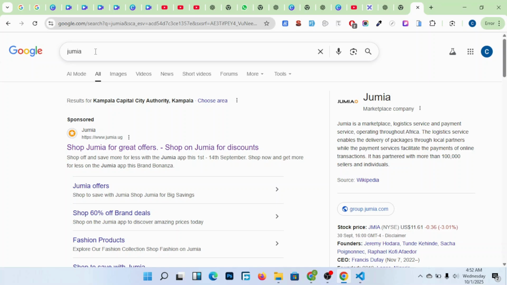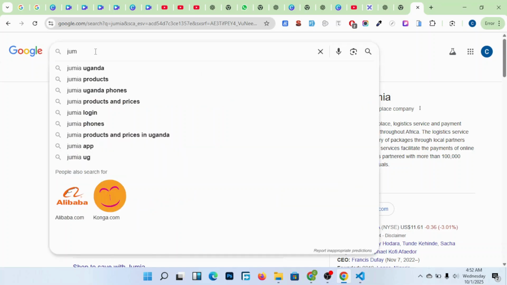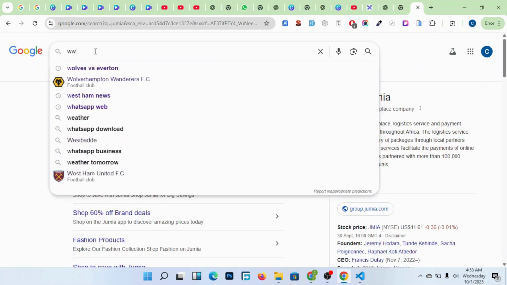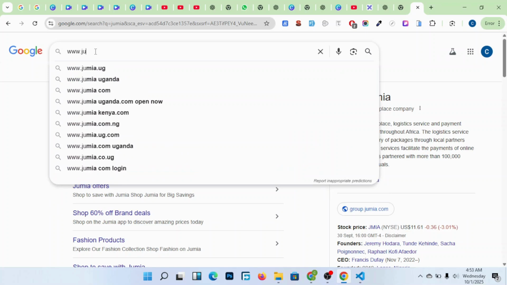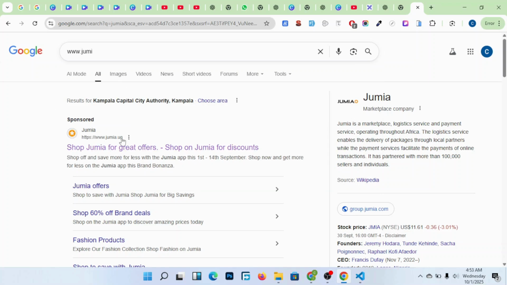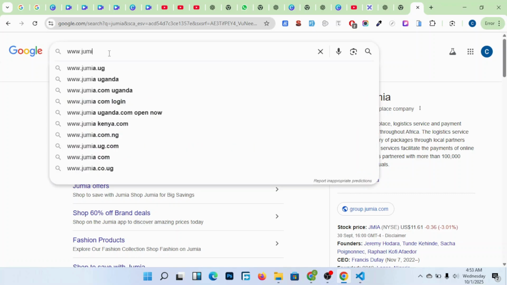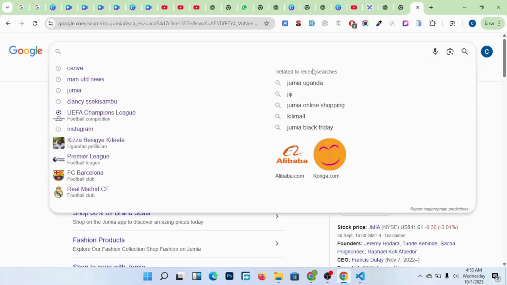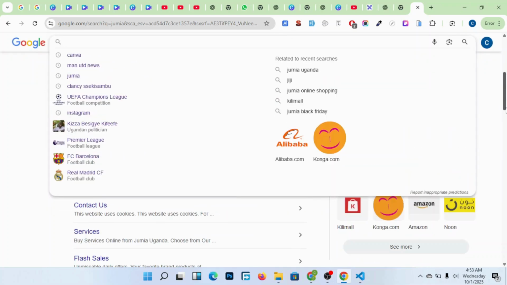You see this? When you type in www.jumia.ug, it only comes with something like this, but it will never come when you type in just Jumia alone. That means that it is not SEO. So you have to make it SEO under all circumstances.